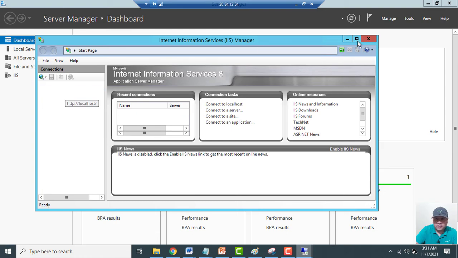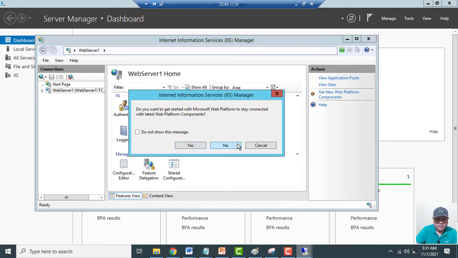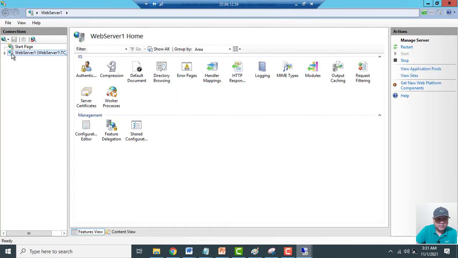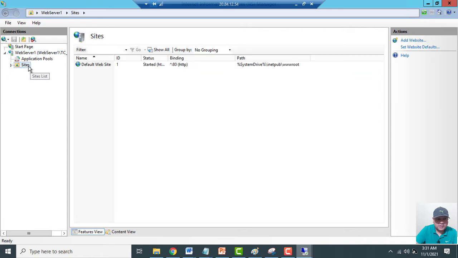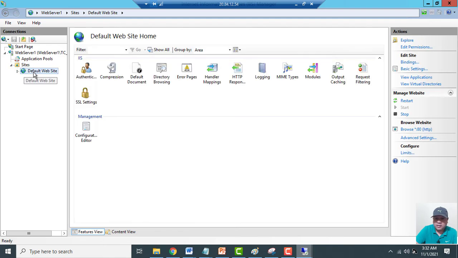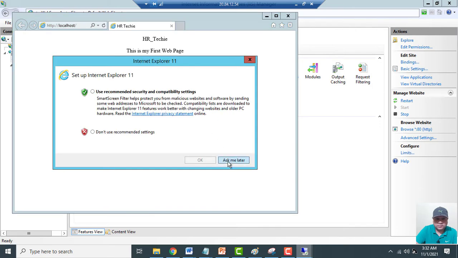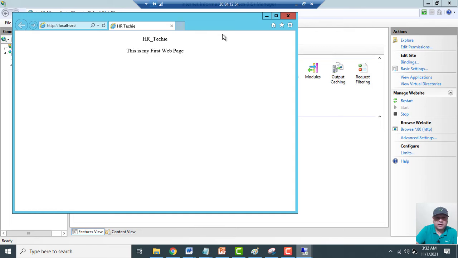We will click over here, Sites, Default Web Site, and I will click on Browse. Let's see what happens. Alright, so this first web page is opening and it is working absolutely fine.